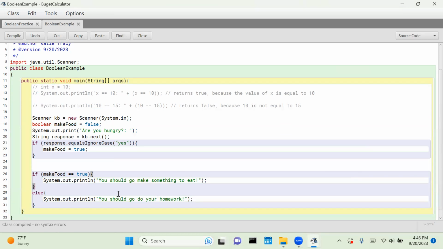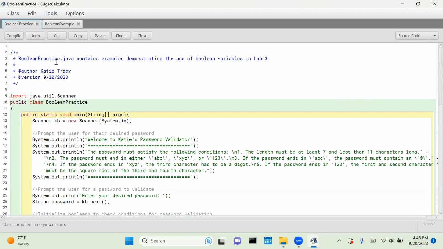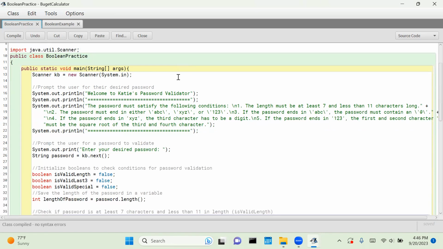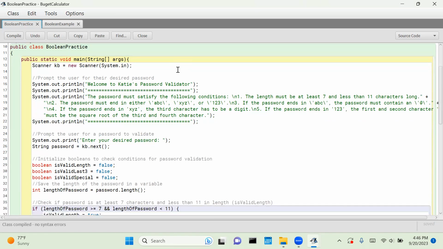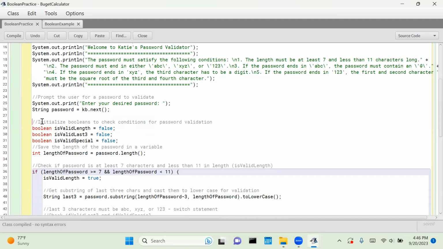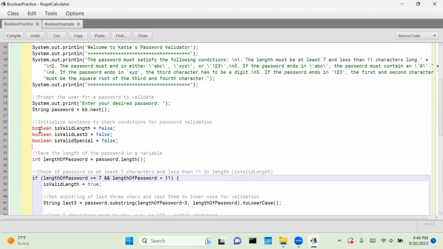So that is just a general example of Boolean variables in code, but I want to give you a hint of how to use them in lab 3. Here I've got basically a skeleton, but also most of the code. I'm not going to spend too much time on it, but once you get to the point in the skeleton where it says initialize booleans to check conditions for password validation, here is where I initialize those 3